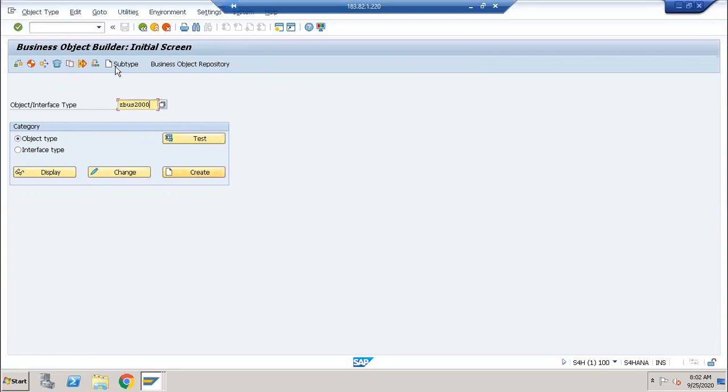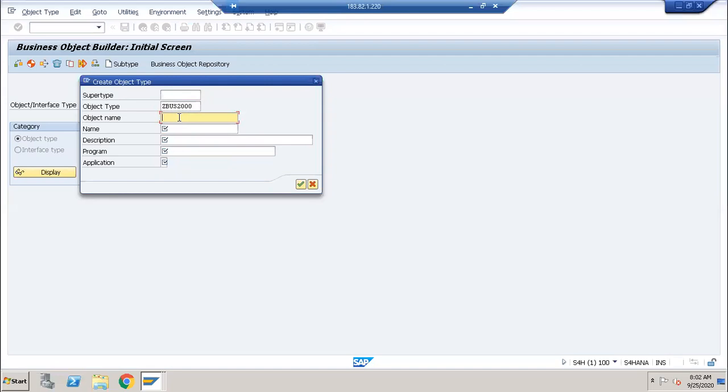If you want to create any BAPI, first of all, we have to create one business object. In that business object, we have to insert the function module as one method. Methods, interfaces, these all things come in OO ABAP. Here I am clicking on create button.